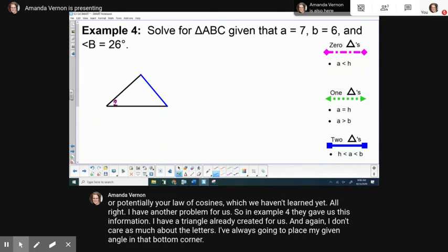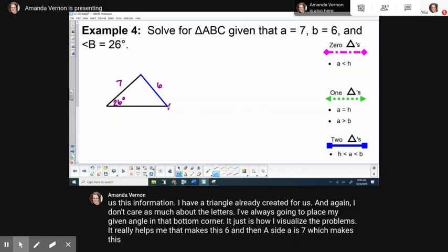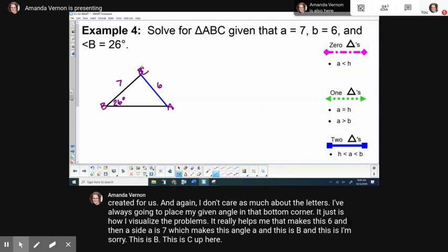It just is how I visualize the problems. It really helps me. That makes this 6, and then side A is 7, which makes this angle A, and this B, and this is C up here. All right, so now we have our triangle labeled,